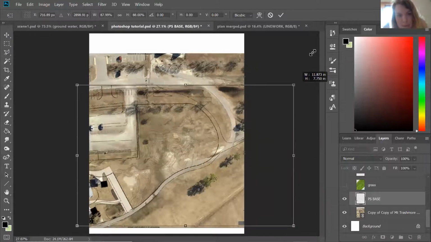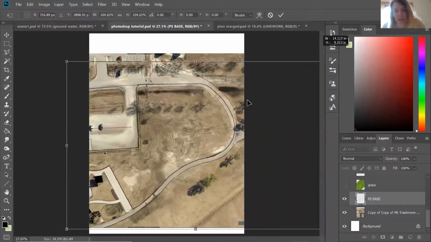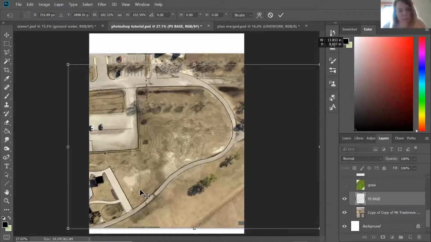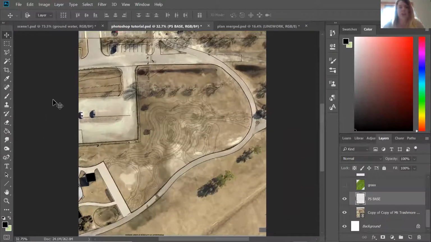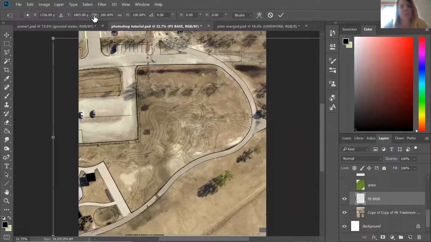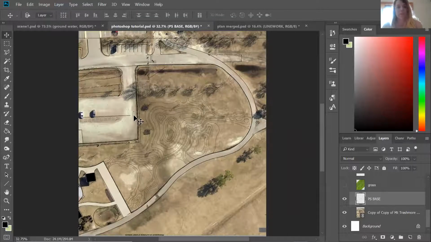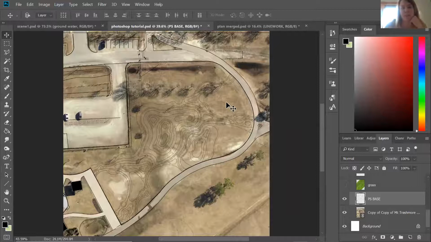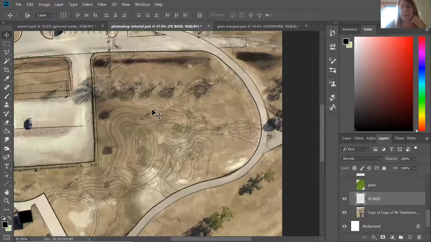So you want to line it up to the aerial, however you want. You can also use it to rotate, and you can use it to scale things up to an exact percentage if you want as well. And then going from there, the next thing you want to do would probably be to start filling in some of your blanks. So I like to use either hand drawings or AutoCAD where I just have black line work